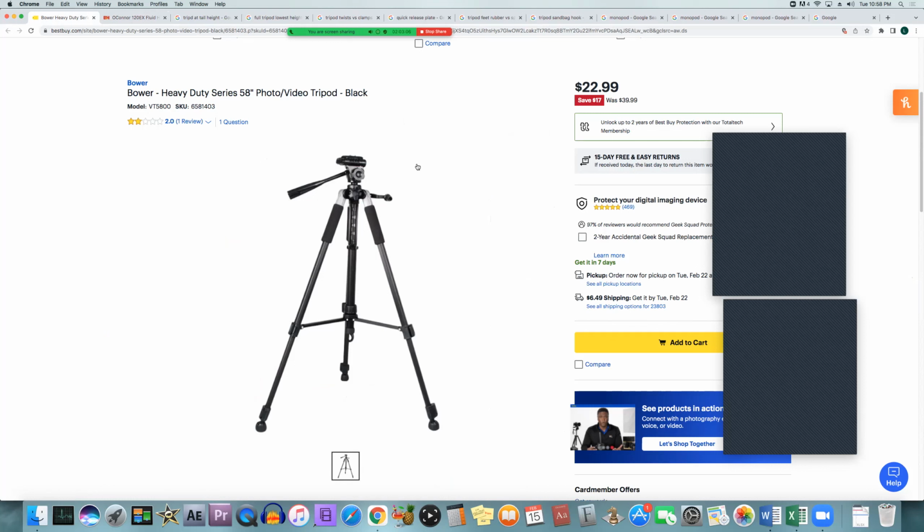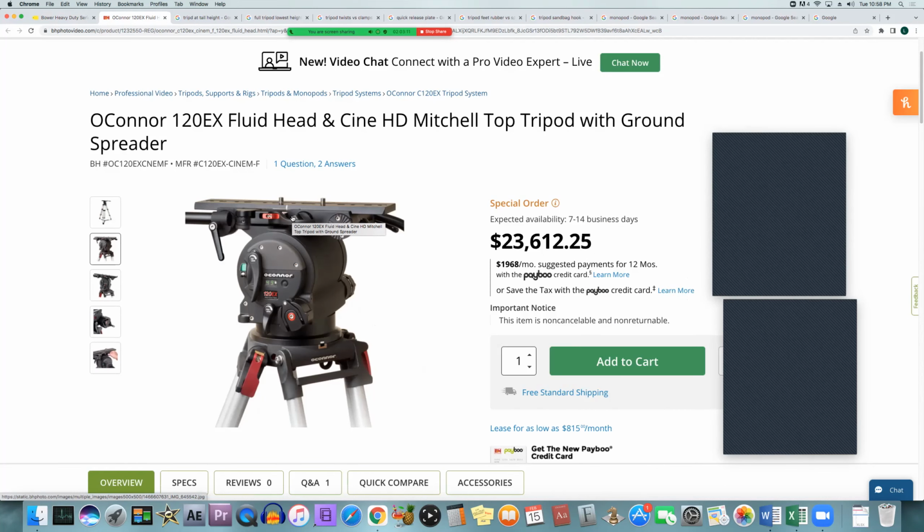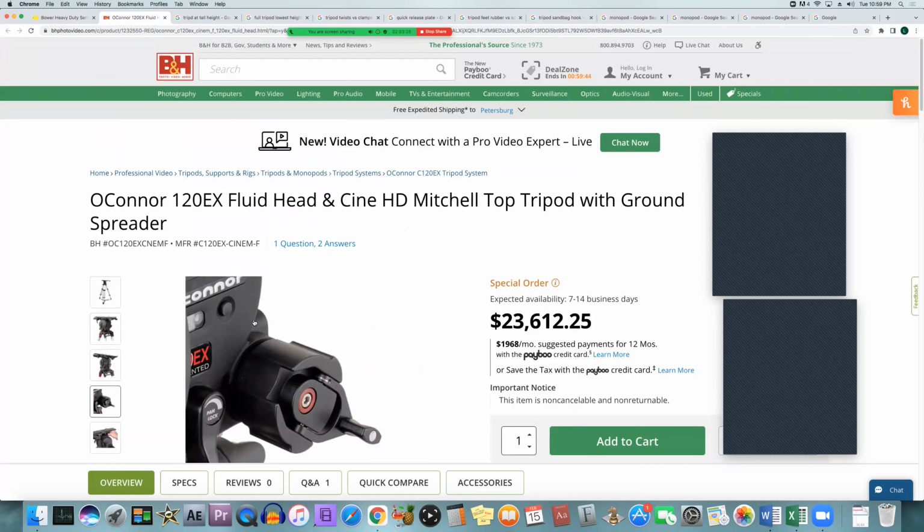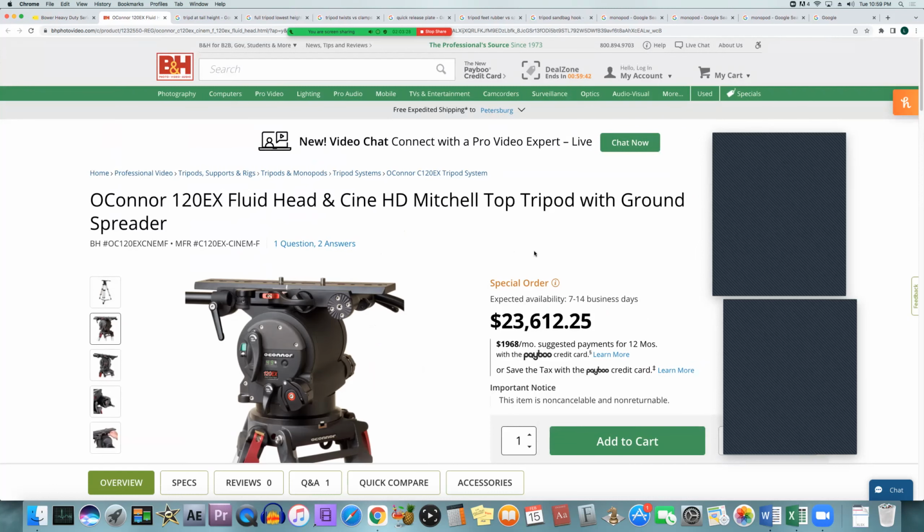So if you have a big long camera, or you have a long lens, it's going to be sticking off the edge, where on this one you'd have it over the top of the whole thing. But again, this is a ridiculous price for a tripod, the highest end. So you don't really want to worry about this until you get to the point where you feel like it's going to be useful. Another thing with tripods that cost this much is the speed at which they can be set up, and how sturdy they are with how speedy they are to set up, because every second